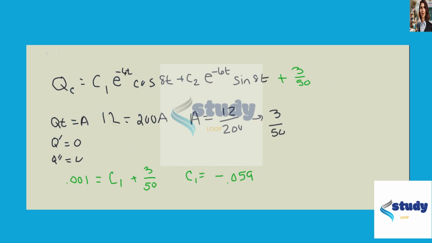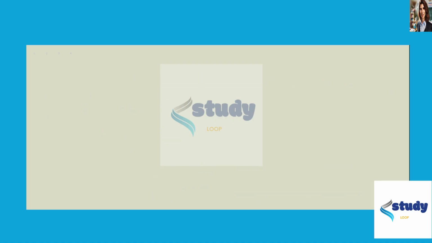And going back to my Q of t, plugging in the known values, I get negative 0.059, which is my C1, e to the negative 6t cosine 8t plus my 0.443, which is my C2, e to the negative 6t sine of 8t plus